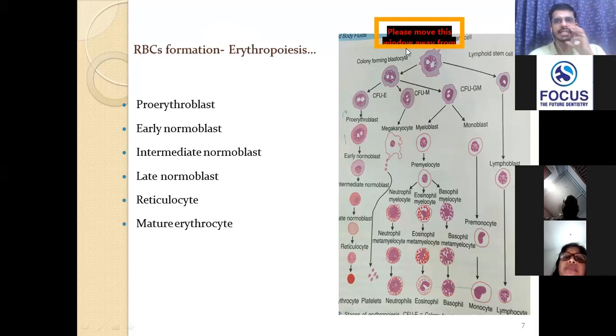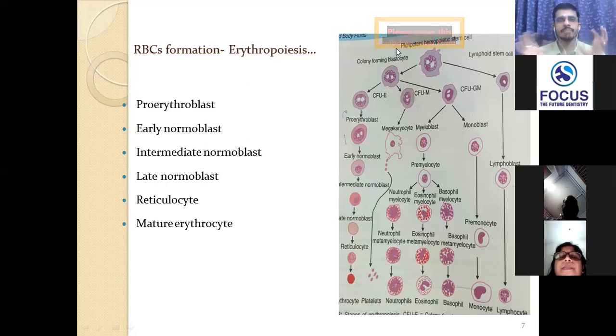You should understand that the synthesis of the formed element cells of the blood occurs through pluripotent stem cells. Pluripotent means plural, multiple potency. So they have multiple potencies. That is, a particular cell has the ability to give rise to different types of cells based on the stimulus and the requirement of the host. Got this concept? So here you have a colony forming unit, CFU, or the colony forming unit for erythrocyte,